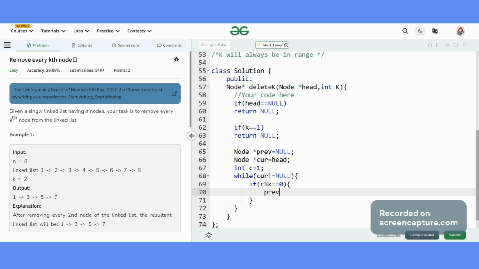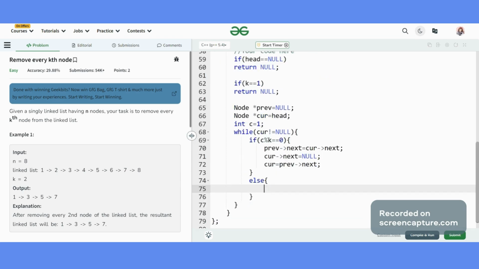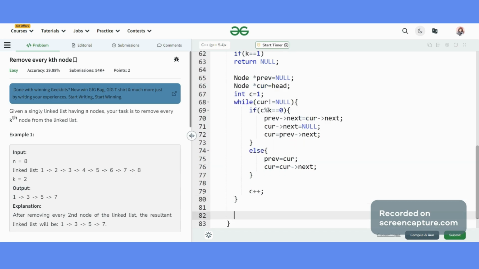My prev next becomes cur next, and my cur next becomes null, and my cur equals prev next. If this condition is not satisfied, that is if my counter is not divisible by k, then what? My prev becomes cur, and we will head to our next current node. At last, we will increment our counter,